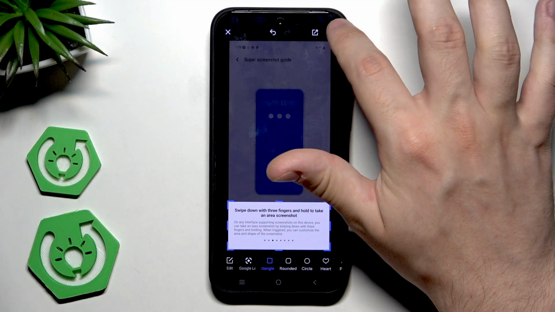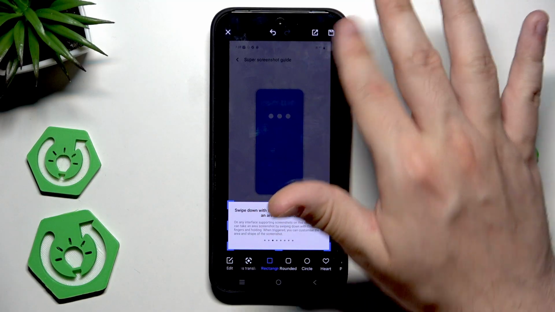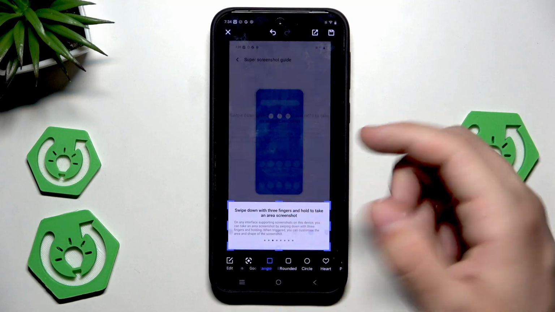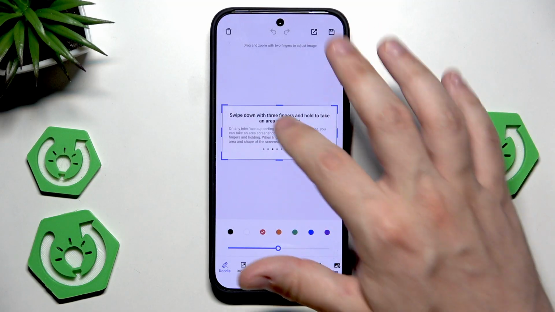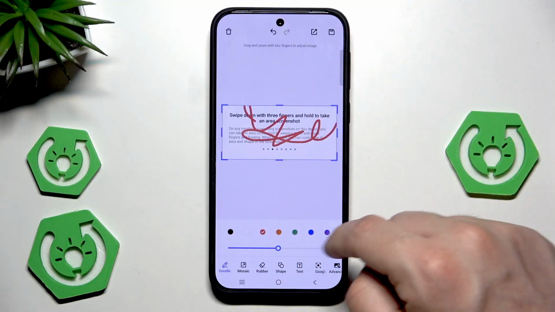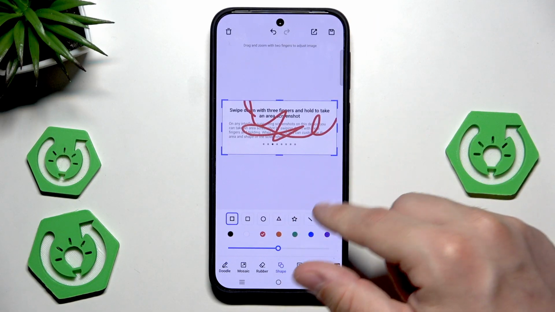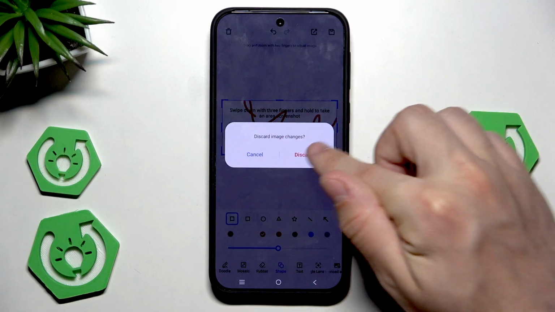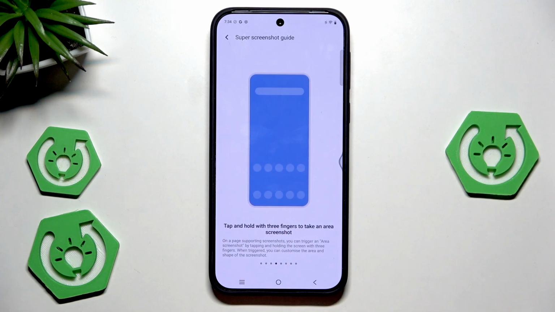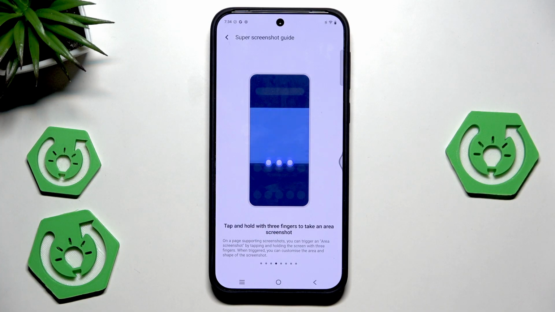And now to save it, click in here. If you click on that icon, you can share it. And also you can click on edit, and you can edit your screenshot. You can, for example, draw something on it, add text, change the shape, and many more. Okay, and the next screenshot is the